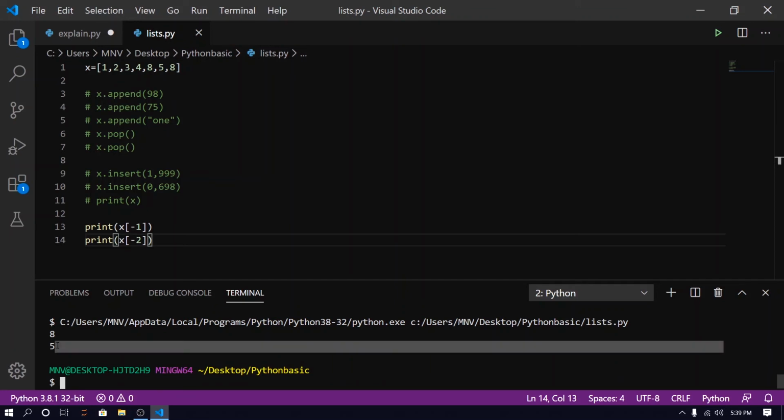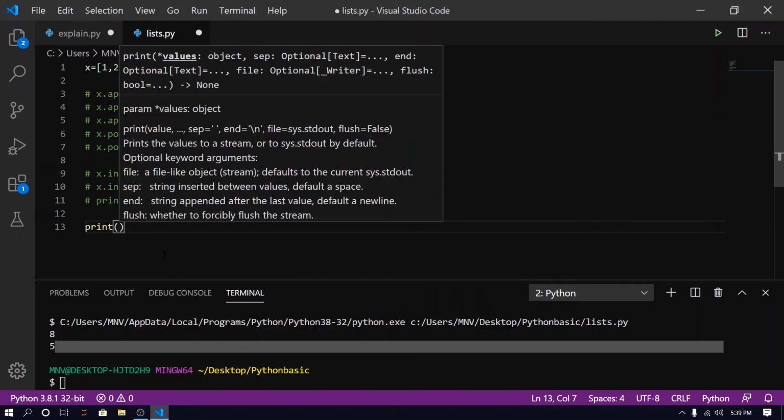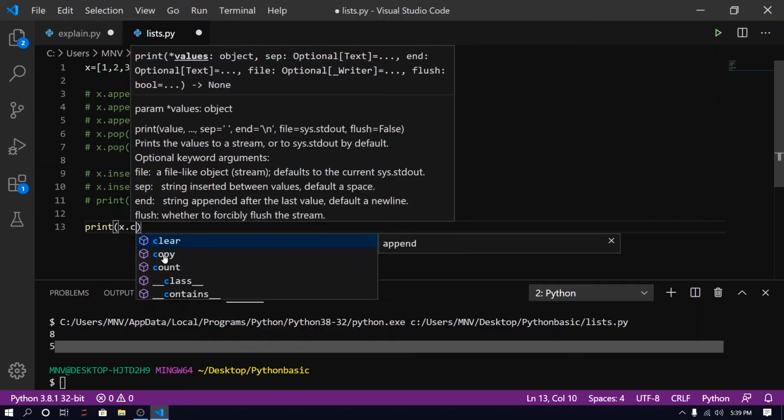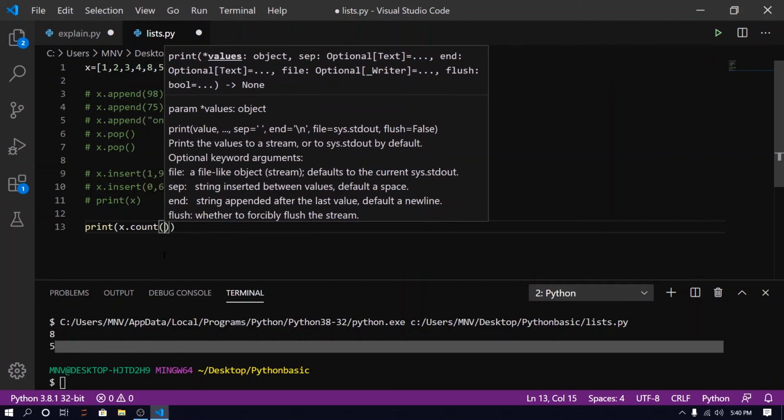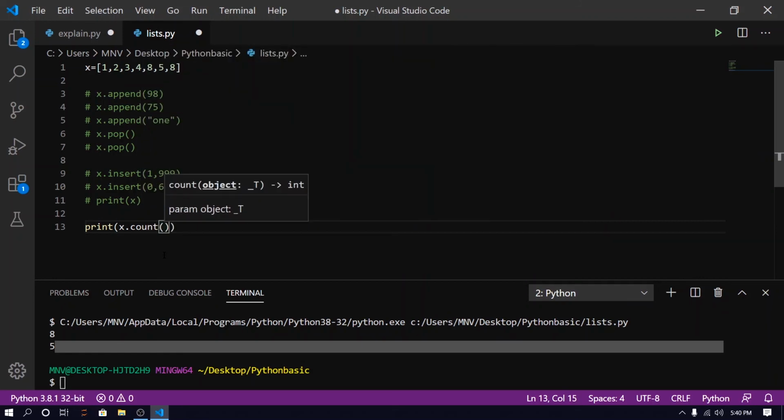Okay, so we have another method that is called the count method. I want to see how many 8s are in our list, so I can do it like this: print x dot count. In that I am going to pass an object, which is 8.